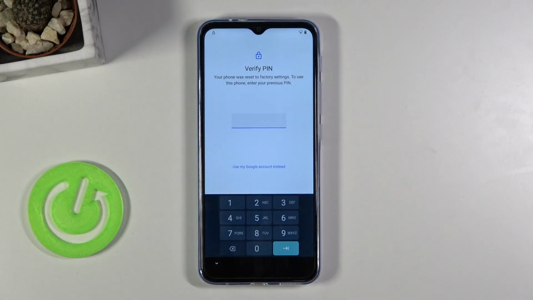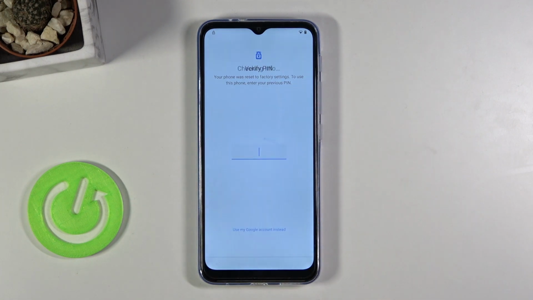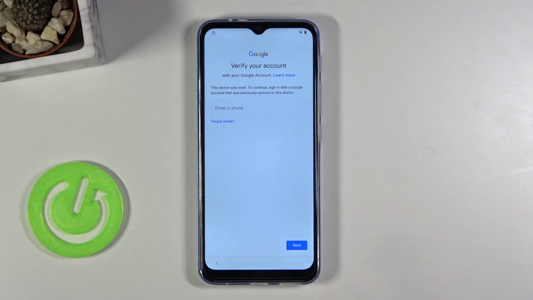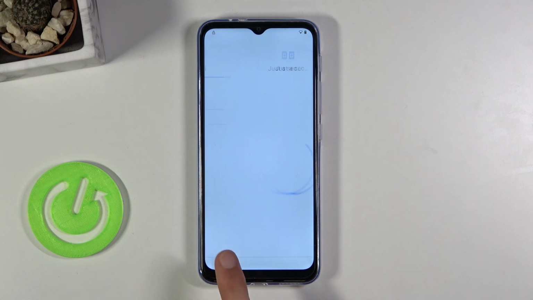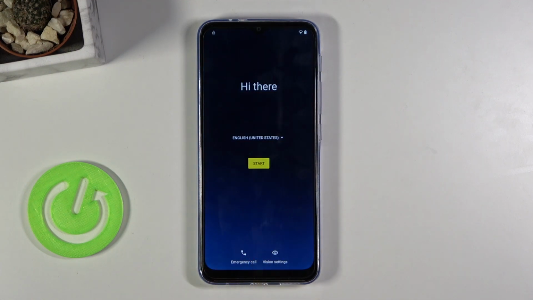Welcome. In front of me is a Motorola G30, and today I'll show you how to bypass the Google verification on this phone. Now obviously you can see that the phone in front of me is locked, and to unlock it I would either need to provide the verification PIN or the Google account. But assuming we don't know either of those, we can go back to the first page right over here,